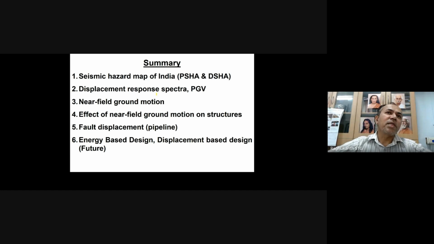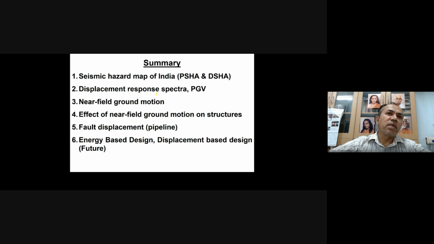Then the other thing which I have also shown you in the new IS code is that we have incorporated a correction factor for near field, so we have given this information also. And then in the time histories also, we have given 30 near field and 30 far field time histories in the annexure. We have given the details of all these time histories, and the data will be posted on the BIS website, maybe by this month end, where you can download it and do this time history analysis also.